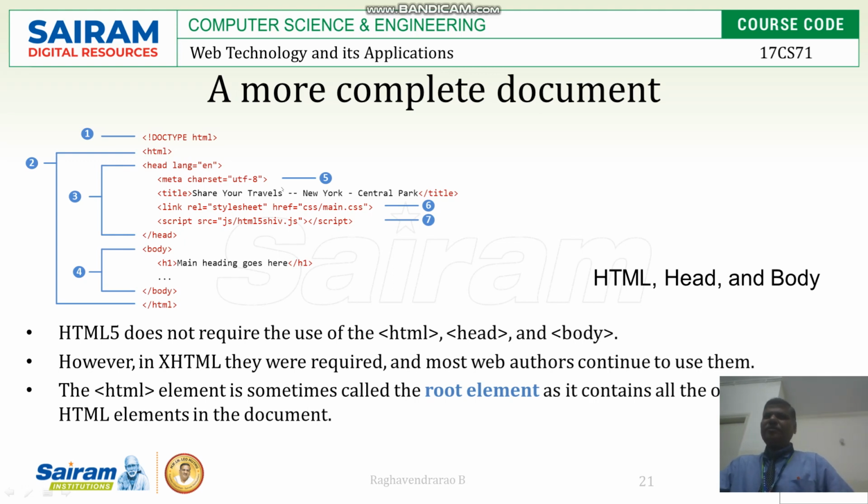Then the character set is UTF-8. After that, the title is shown here. Title closes, then link, rel equal to stylesheet, href equal to main.css, in double quotes. After that, script, src equal to some JS file name. It closes, head closes, body starts. H1 is the main heading, body closes and HTML closes. What is the meaning of this? Basically, this program teaches that the language is English, the meta character set is used here, then the title is so and